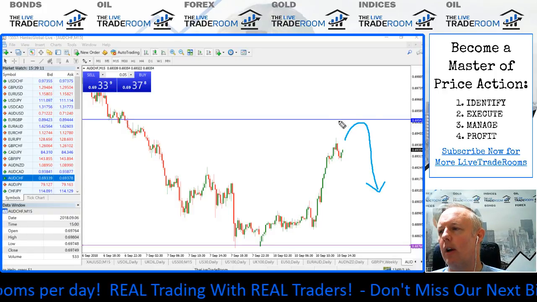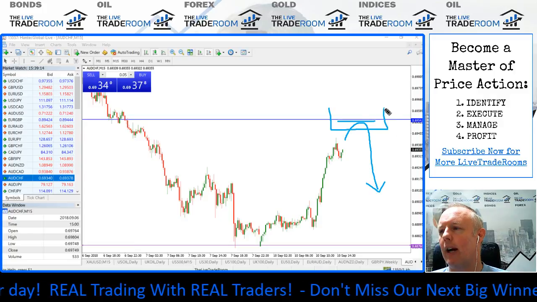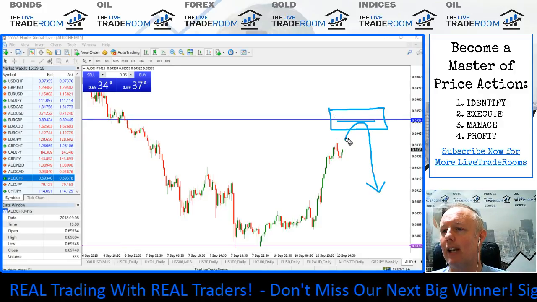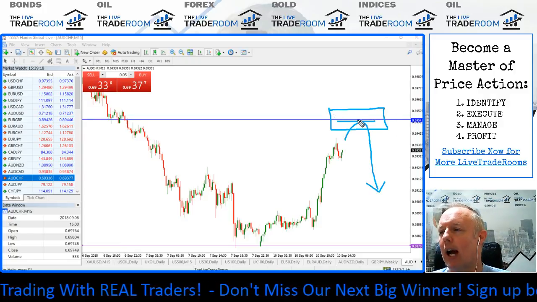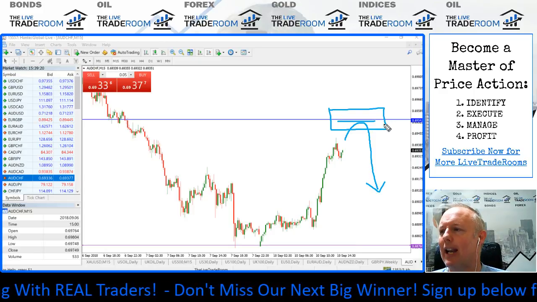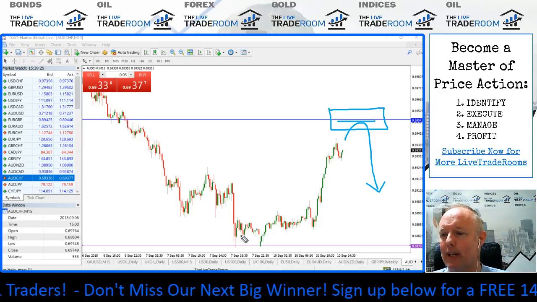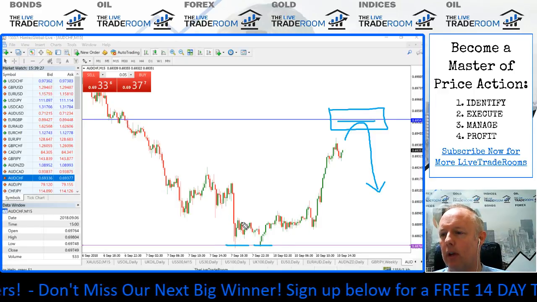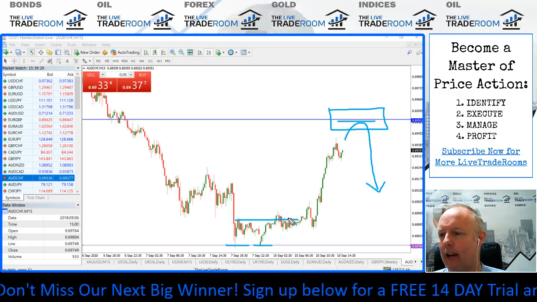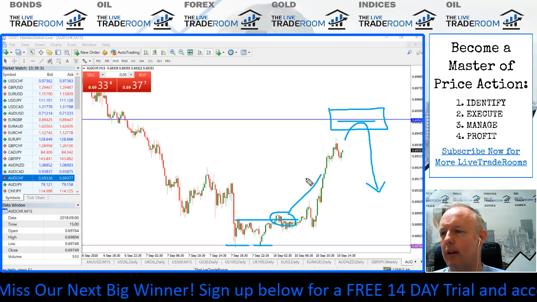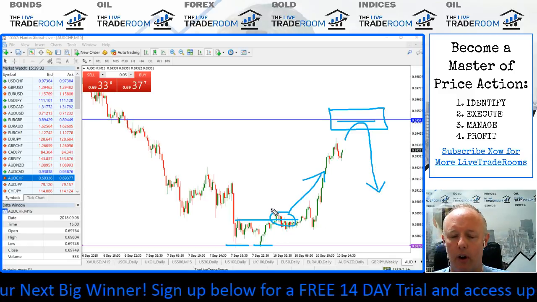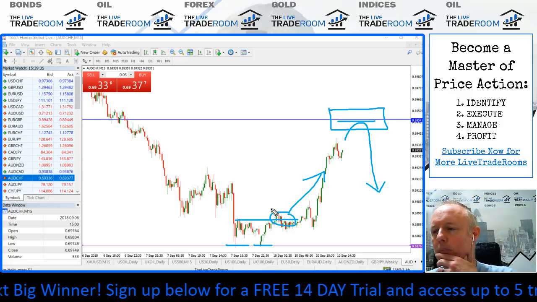So do be mindful, do focus on this area up here, which looks like it's going to act like a bit of a magnet, but there's going to be sellers coming in at these higher prices on a consistent basis. So we've had a double bottom and we've had a bit of a structural failure now to the upside. So we're getting this little bit of a move on an intraday basis.